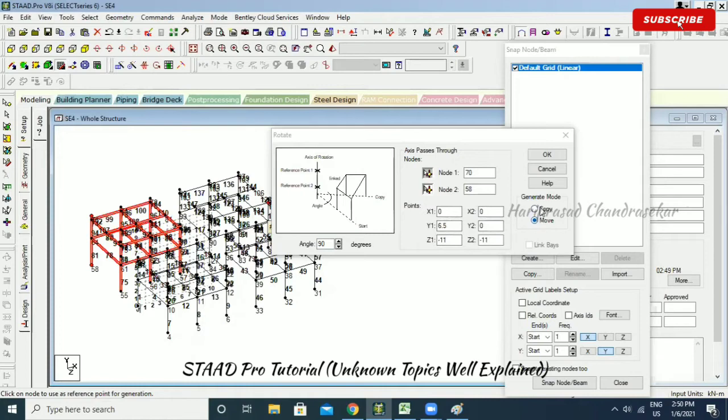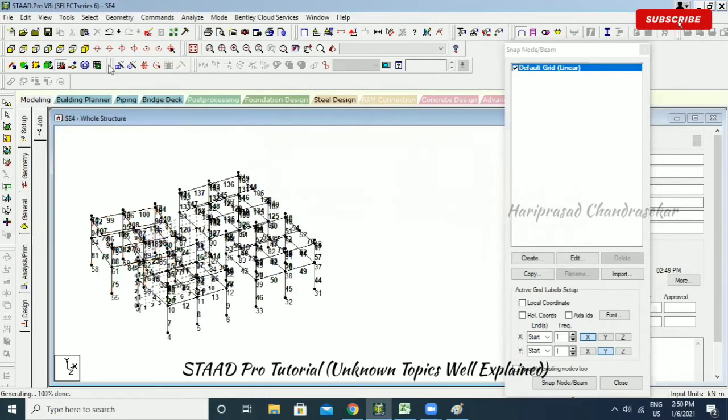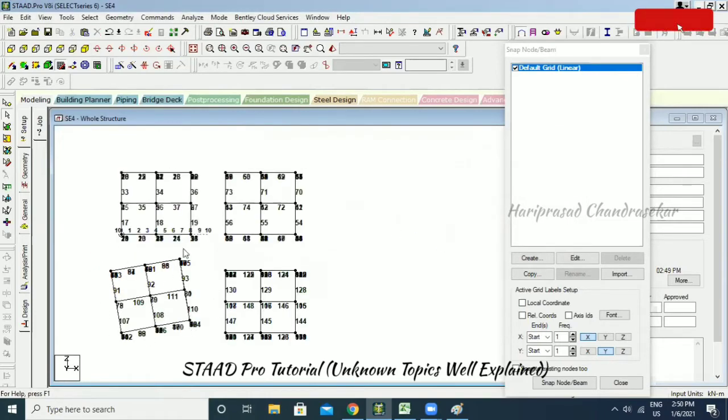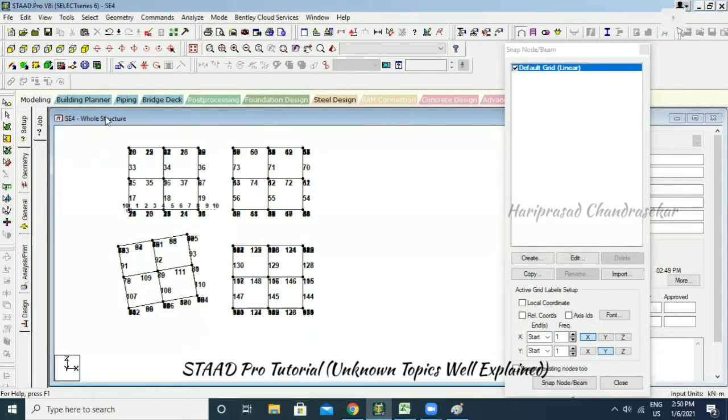Now you can just go for copy or move. I'm just going for move. So it will move actually. And I'm just going to put how much the angle. The angle you can go for whatever the angle you need. For example, I'm just putting 30 degree, or I'm just going to put a little bit 10 degree, and I'm just going to put OK. Now can you able to see how a structure we have rotated for 10 degrees? Okay, that is what rotate option.